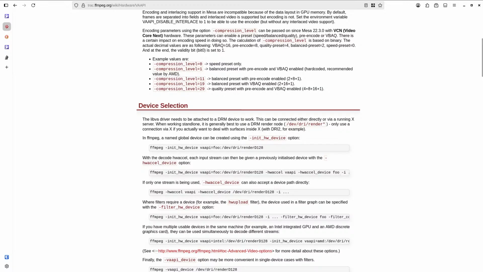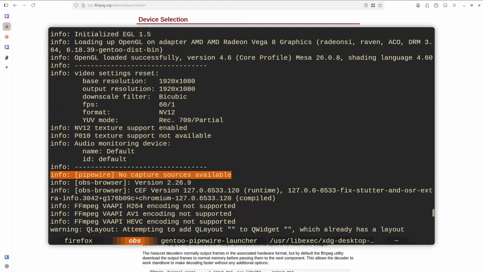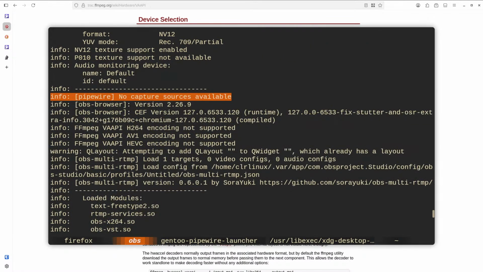So FFmpeg via API. So what did it say? I want via API H264 or something.